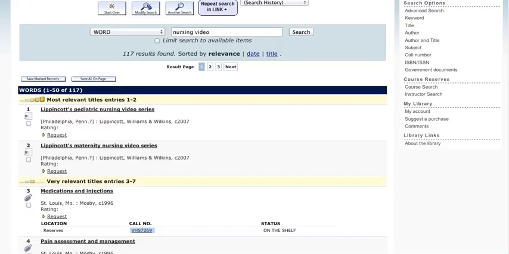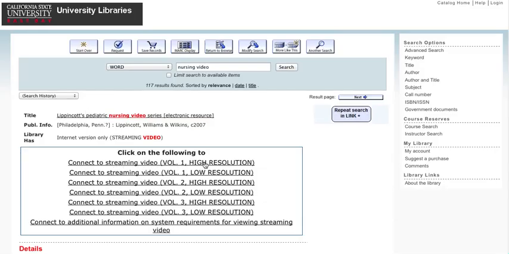Also available in the library catalog are videos. We have 2 different kinds of videos. One is a streaming video, and another is either a VHS or a DVD. VHS, of course, being the technology that came before DVDs. VHS and DVDs will have call numbers, like books, and they have this interesting little image attached to them. Streaming video does not have call numbers, and you can click on the title to see where to access the video itself, right? And again, here's the clue. It says video right in the title. It calls it a video, streaming video, etc.